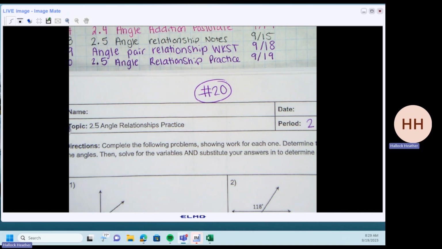3. We'll do 2 on the front and then 2 on the back. And then that way you guys have a good amount to only have to do. So for question 3,